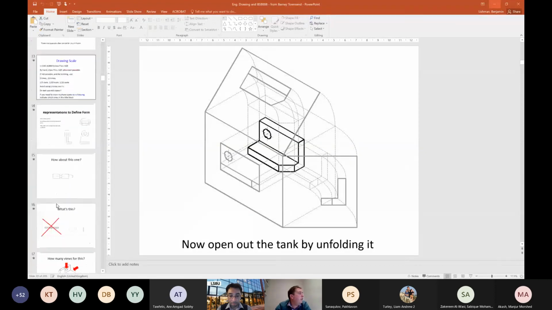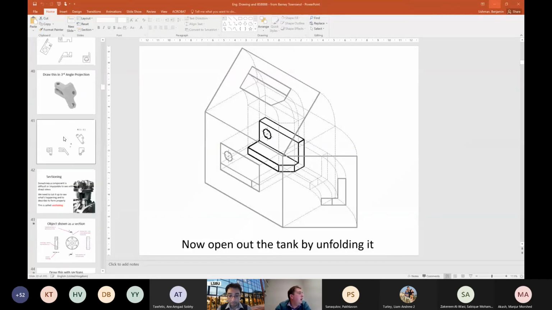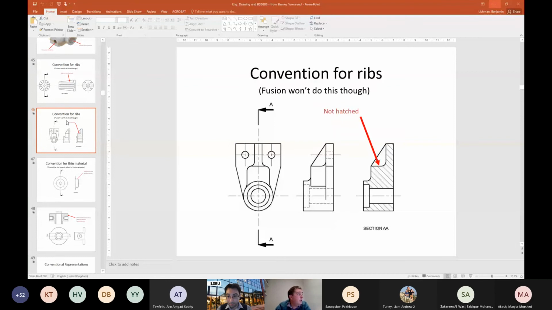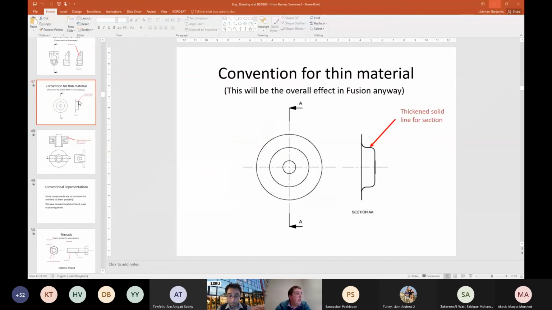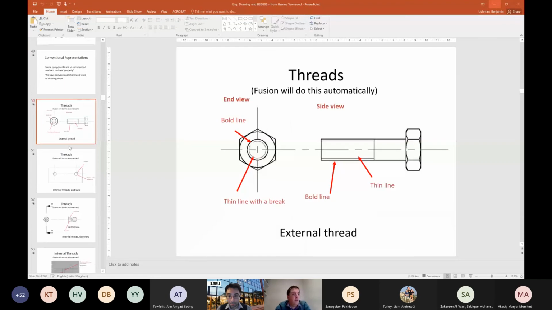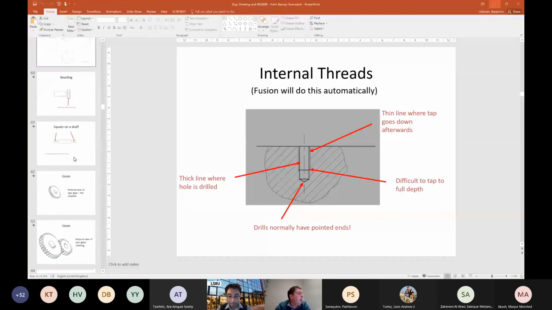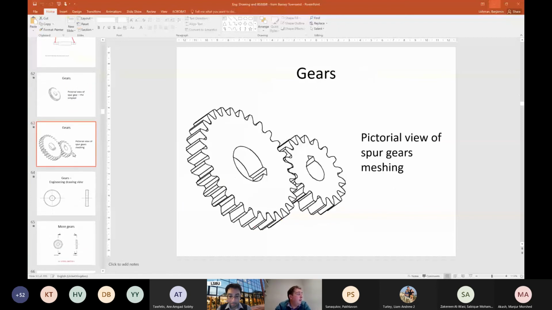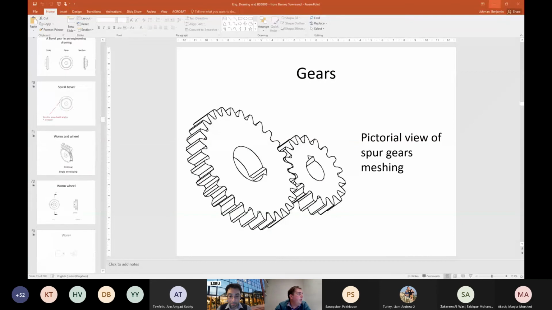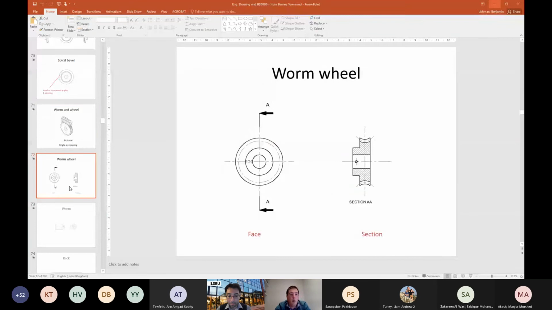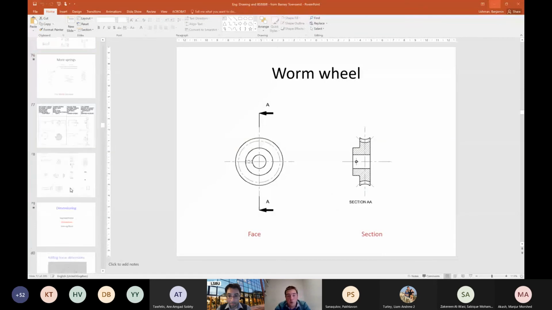But also there are things within here like the convention for drawing ribs and thin material, for example. There are conventions for threads if you've got bolts and anything threaded, including internal threads. There are conventions for gears, lots of different kinds of gears. Again, all of them have specific ways that they're typically drawn in BS 8888